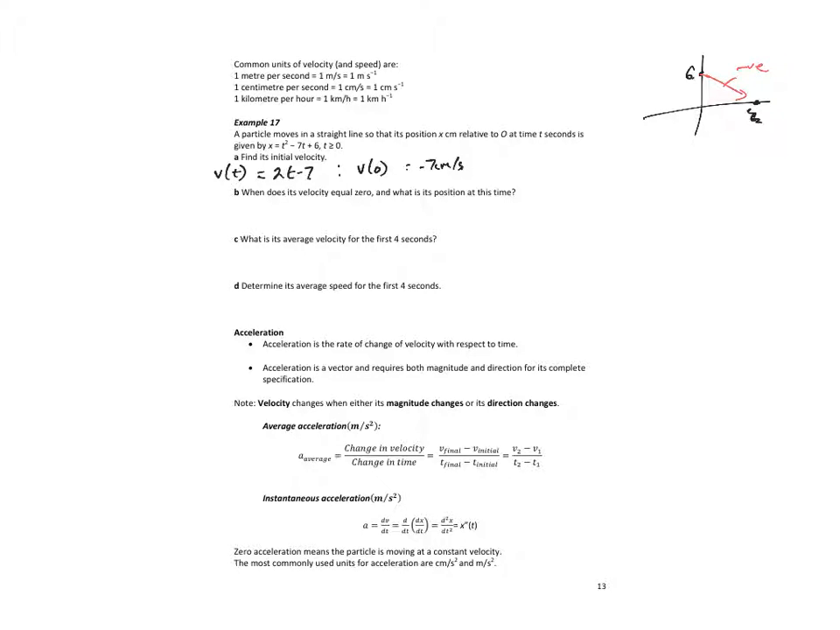When does the velocity equal 0? So velocity equal to 0, we can obviously solve that equation equal to 0. 2t minus 7 is equal to 0. 2t is equal to 7. t is equal to 7 on 2. And where am I when that happens? So at t equal to 7 on 2, x is equal to